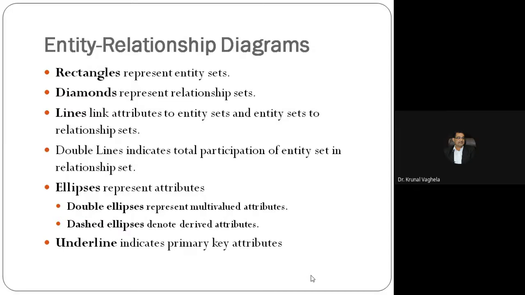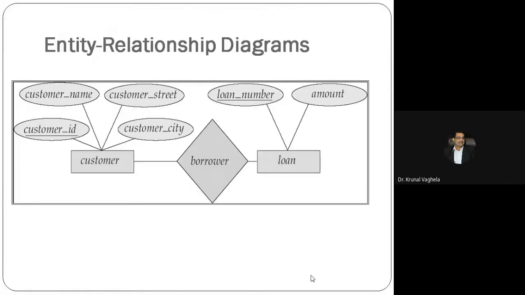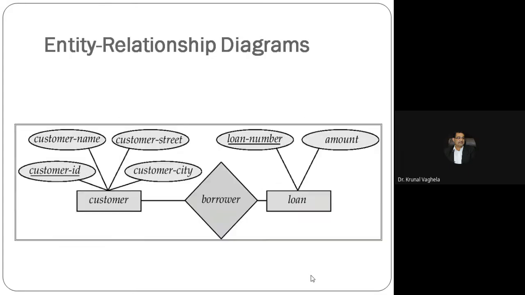And we have started with the ER diagram, the actual ER diagram. Various symbols we have gone through. These are the symbols, and then we have seen some part of the diagram. You cannot say it's a total, complete ER diagram, but it's a smaller portion of the ER diagram. And then we have seen a few constraints.